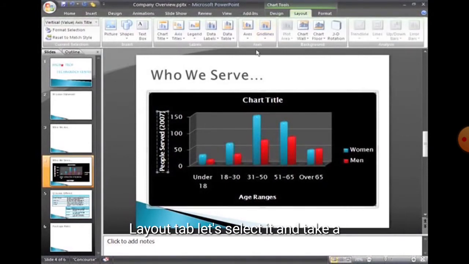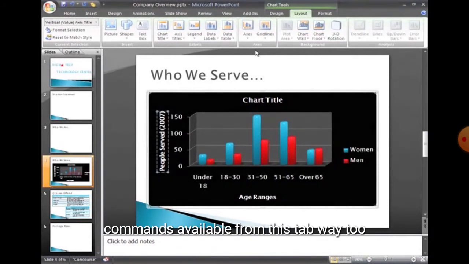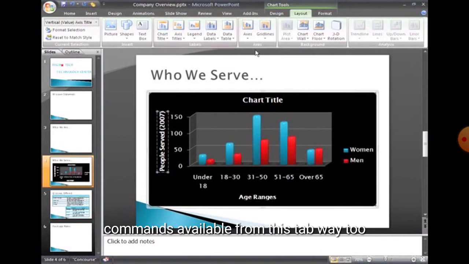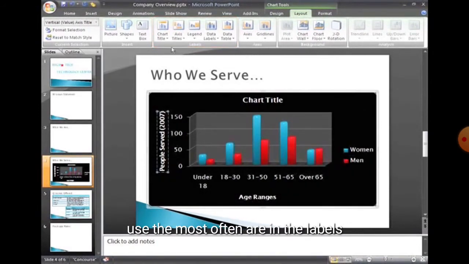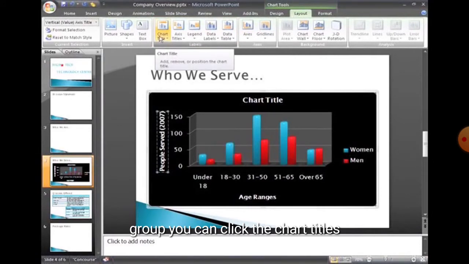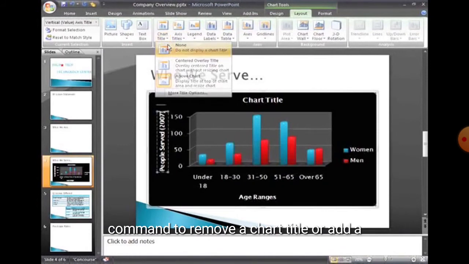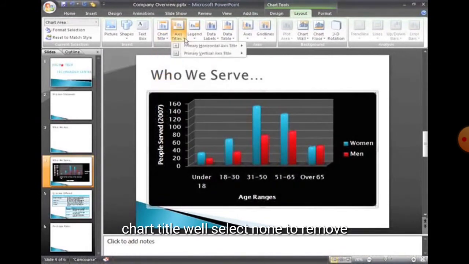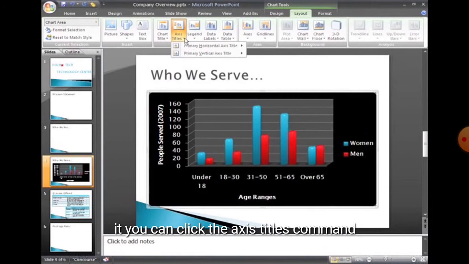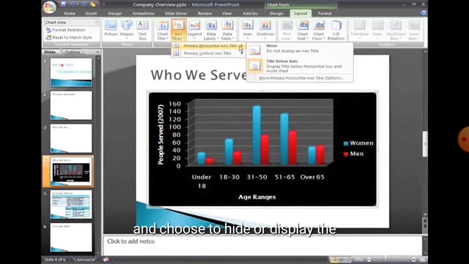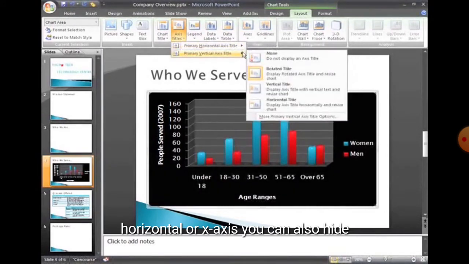Children, we find the layout given here, such as the chart area, where we can change the layout related to the chart title. Click on chart title and you can remove or keep it. If you don't want it, you can select none. And for the axis, the y axis, you can set none or below.